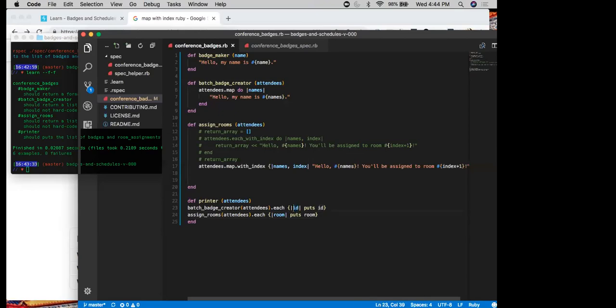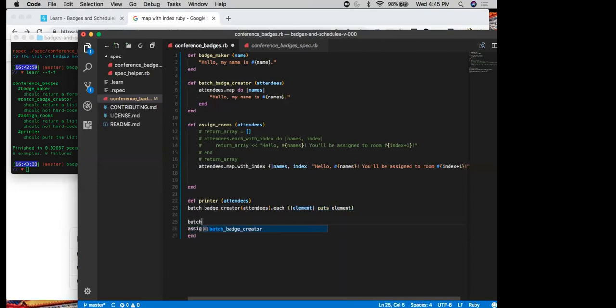Okay. Yeah, so any variable inside of your blocks is arbitrary, meaning that you can name it whatever you would like. So I could name this element because we're dealing with each element, and that'll still work. So what's in here is arbitrary. As far as the curly brace syntax, what these stand for is the do and this is the end. So this would be the same thing as